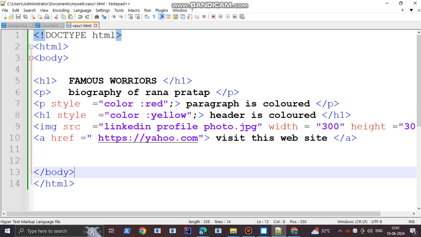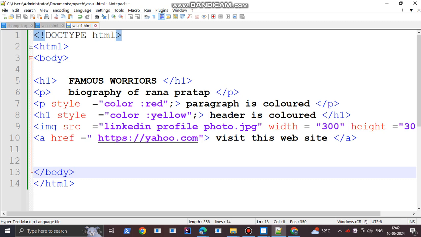See, now what happened: the header is titled famous warriors, and the paragraph is the biography of Rana Pratap. The paragraph is styled with the style attribute. p means the paragraph, style is equal to, and I told you that every attribute will be assigned a value. This is the value, red color.